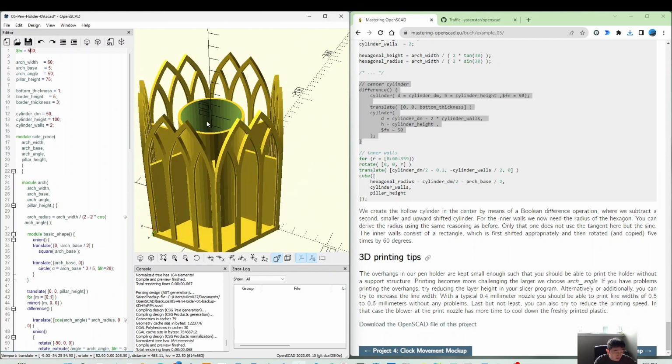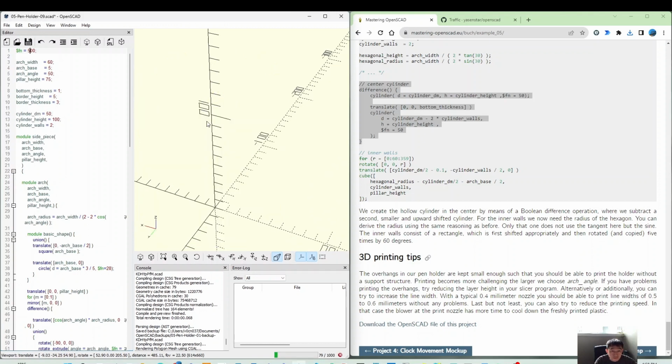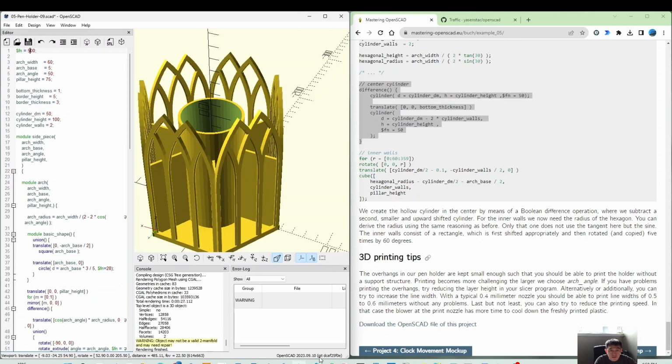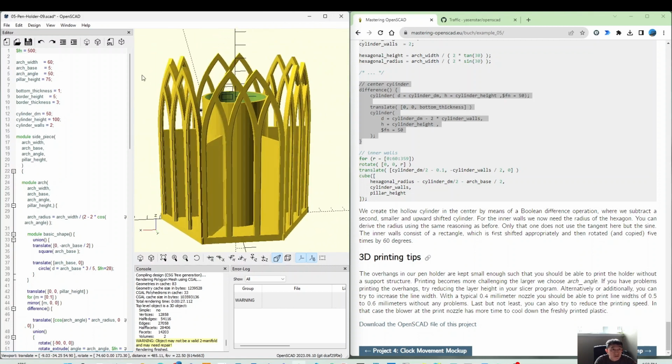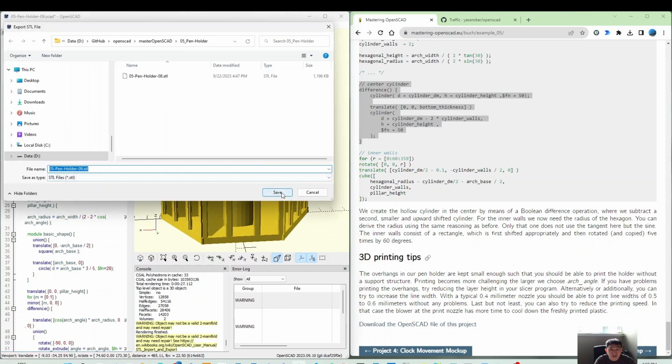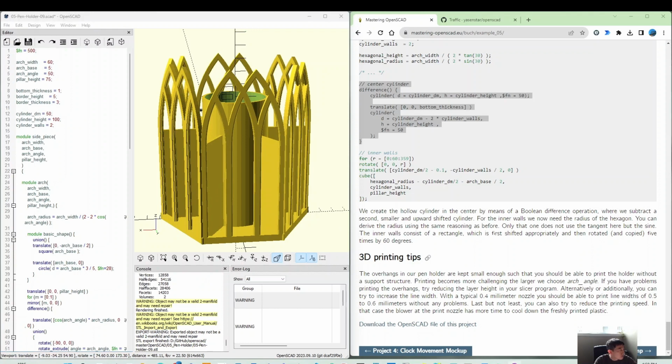And if I press F5 and now F6, let me do this rendering now. I think this newer version is also getting faster, maybe better performance compared to the 2021 version. So this is now getting rendered. You can export this to a file, and then I push that to